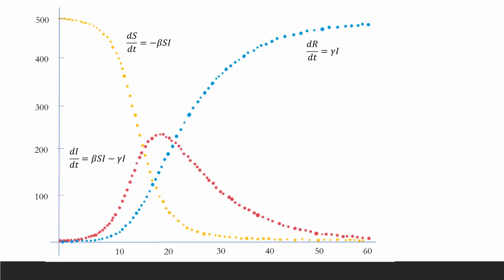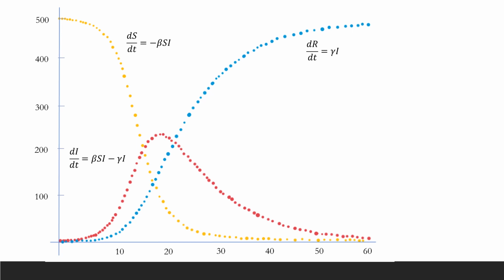Let us see this graph about how the rate of change of S or I or R looks like. You could see the yellow curve. It starts at the top and then it drops finally and becomes 0. So, we are assuming that at the end of the epidemic, everybody is moving from S to I.